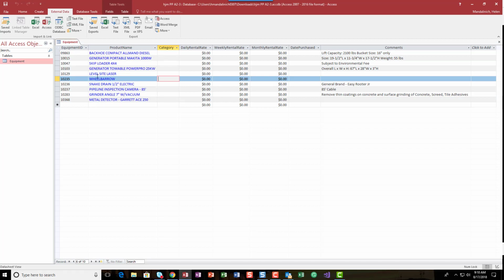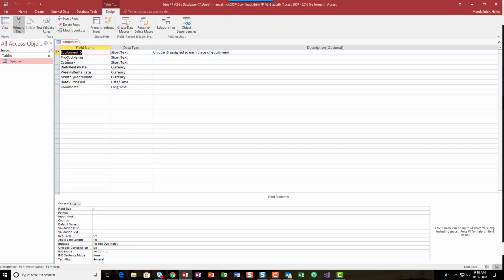Good. So in your check here, you should have equipment, you should have 10 records, you should have data filled in for equipment, product name, and comments. Product name should be all uppercase and blue. If it's not, I need to go back home, go back to design for product name and make sure you have this in there correctly. Okay, alrighty, so I am going to go back